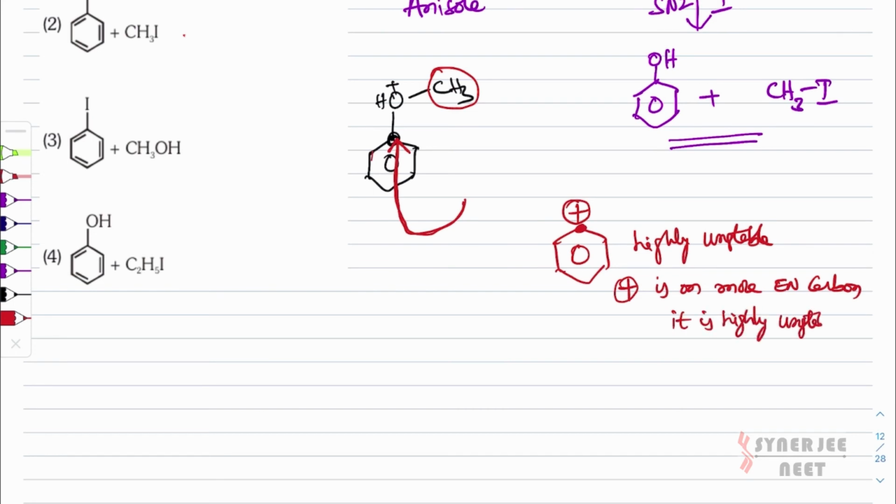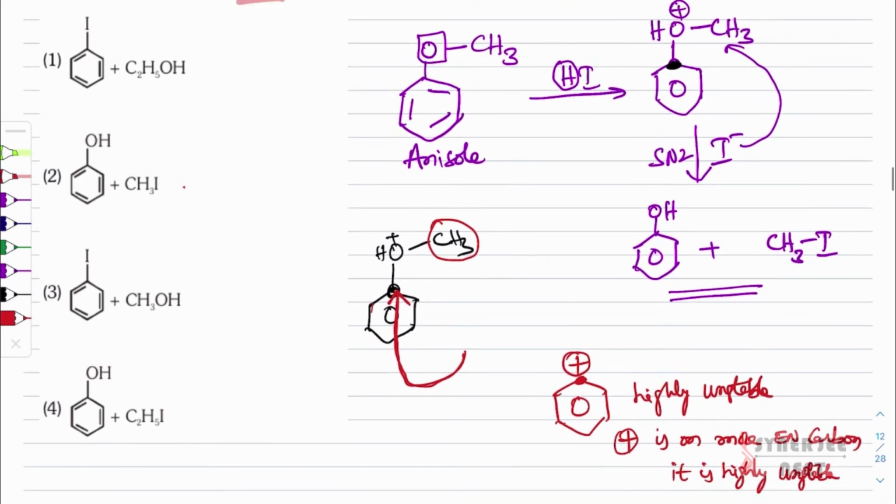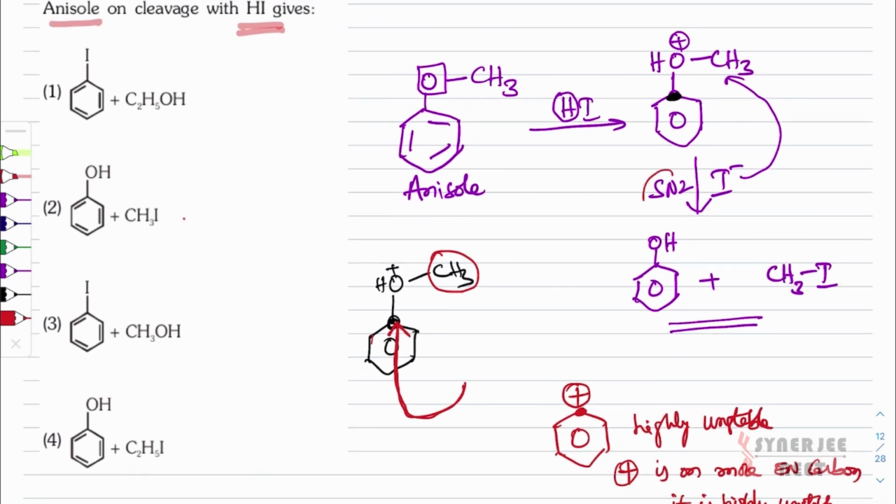So highly unstable carbocation is difficult to form, therefore it is not able to form in this mechanism. That's why the quite possible mechanism in this is I- attacking through SN2 mechanism, that too this carbon, not the ring carbon, because I already explained ring carbon in order to attack backside attack, it is not possible because the ring carbons, the ring is there. How can it go through the ring and attack at this carbon? Not possible there. So only one possibility exists here.